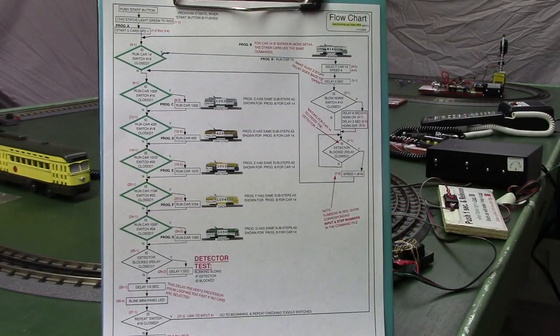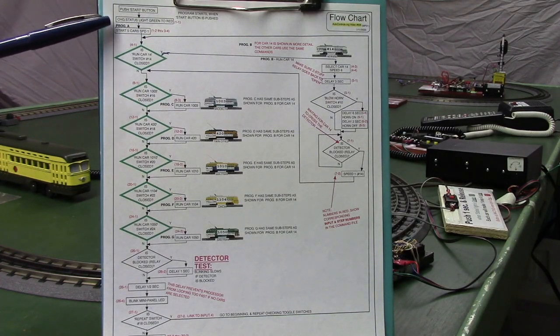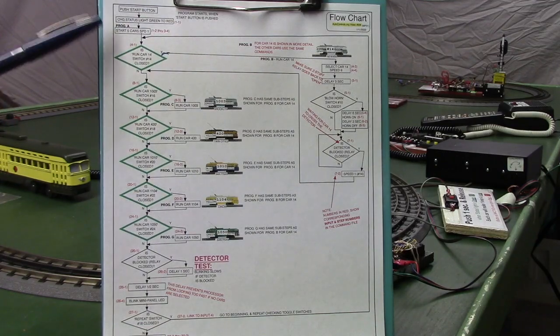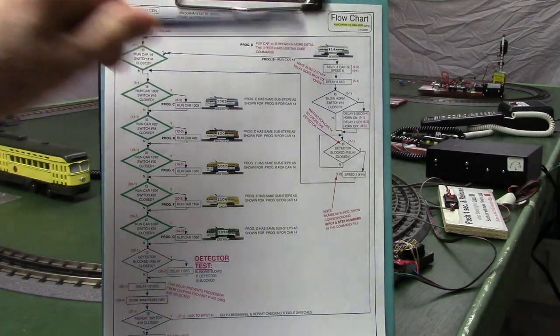Let's take a look at the flow chart for the commands for this system. This is basically a higher level way of looking at the commands. We start up at the top here where it says push start button, and that changes the status light green to red, and then we start the last 5 cars at speed 1. The first one will get started in the commands to run the